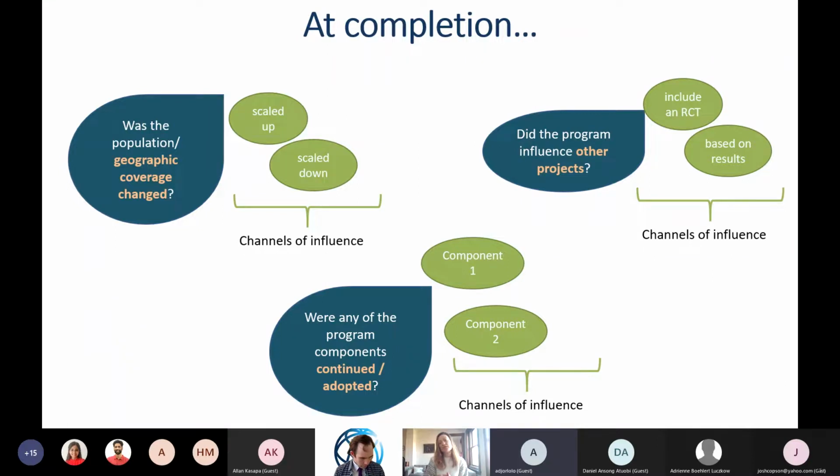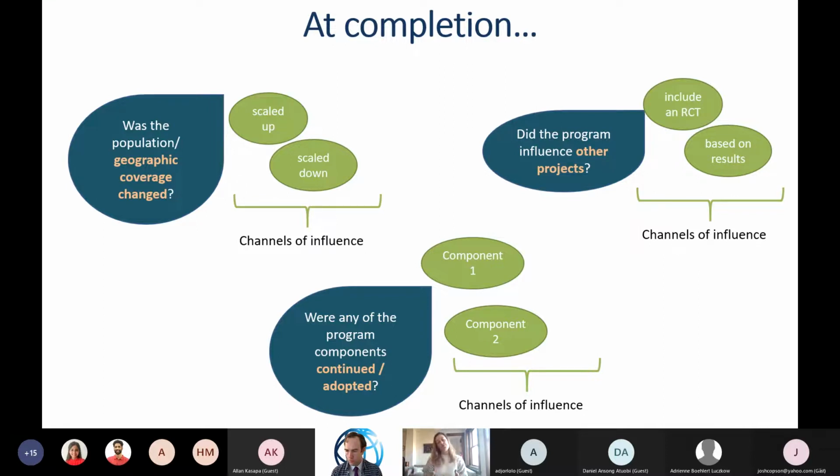The second question, another kind of win or another way that analytics can help you improve policy, is, did the program that you are working on influence others, right? So let's say you did a lot of analytics in that program. It was very helpful. Well, then did you choose to mainstream these analytics and have them happen in other programs in your country? Or did you use the results or what you learned from your program to influence others?